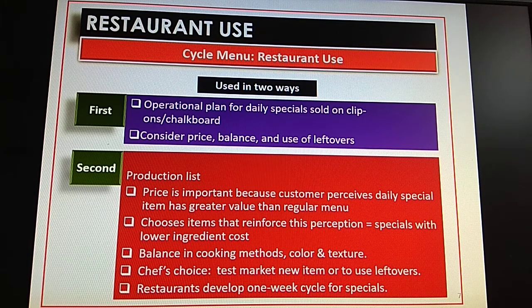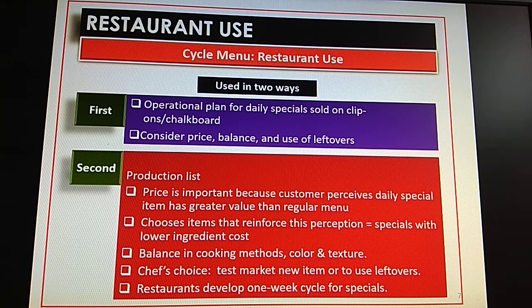Specials with lower ingredient cost, so that people buy and feel that they are getting value out of it. And then balance in cooking methods, color and texture. Chef choice, to test market a new item or to use leftovers. And restaurants develop a 1 week cycle for specials. So the second one would be